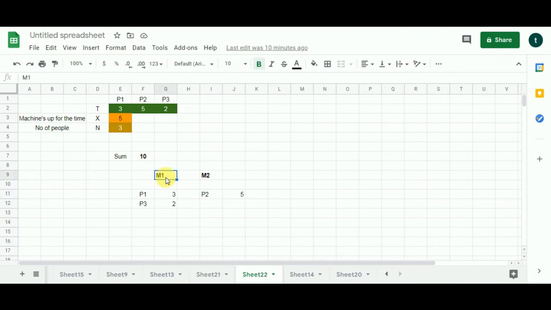Now over here for machine 1, the time limit is also 5, and we are going to find the maximum sum from this set of integers. So I can clearly see the knapsack problem algorithm here. So what happens in a knapsack problem?